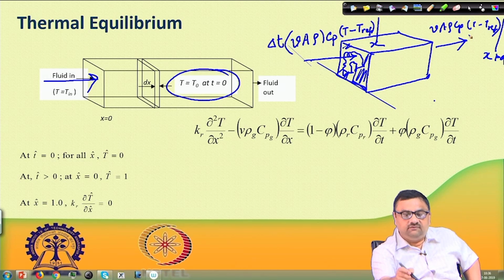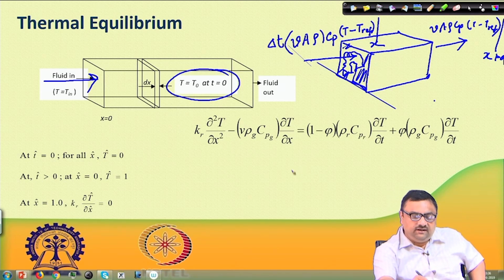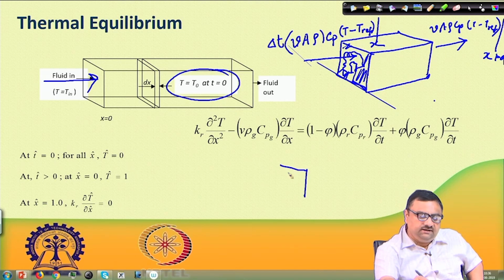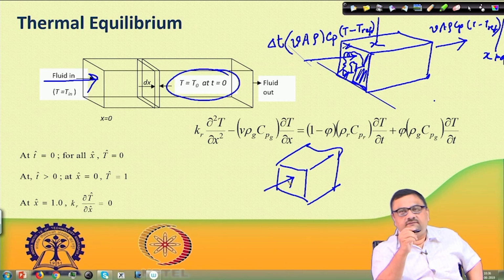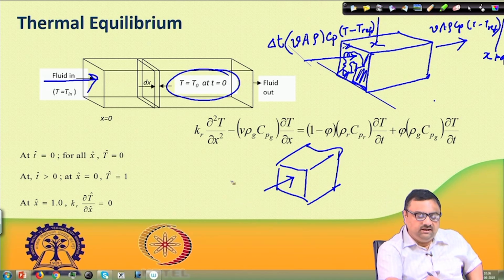The other mechanism, of course, I said is heat conduction. Heat conduction means if we have a solid material, had it been a solid material, we would have expected that some heat is, let us say, not porous material, it is completely solid. So then in that case, if we look at Fourier's law of heat conduction, the heat flux here would be minus k del T del x,